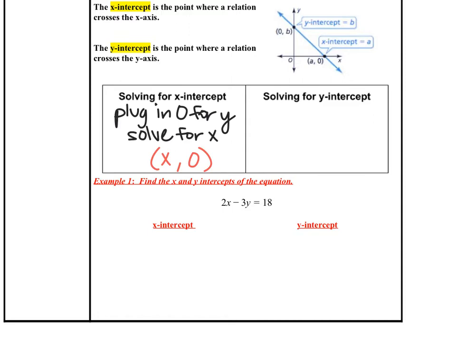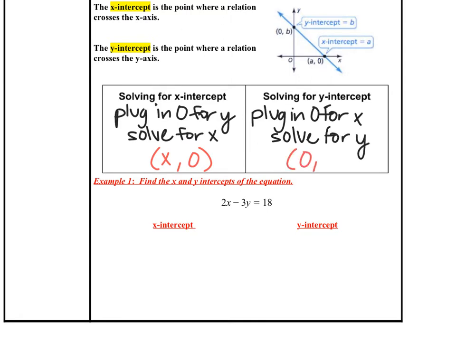Okay? The y-intercept is really similar. You're going to plug in 0, not for y, but for x. Because if you look at this little picture up here, the y-axis has an x of 0. Okay, and then you're going to solve for y. And then you write it as a point. So it'll be 0 and then whatever you get. Okay, we're going to go ahead and put that into practice